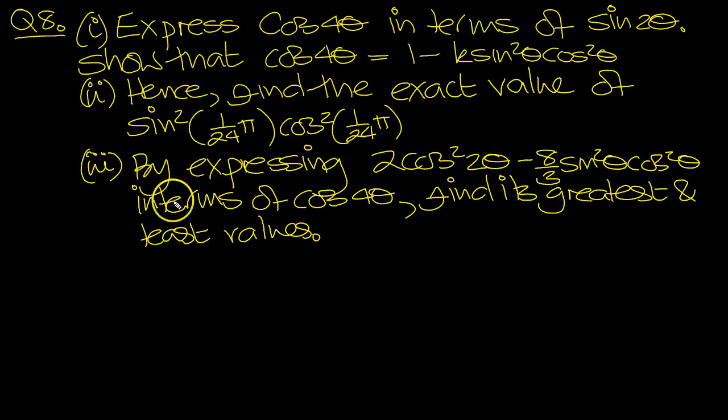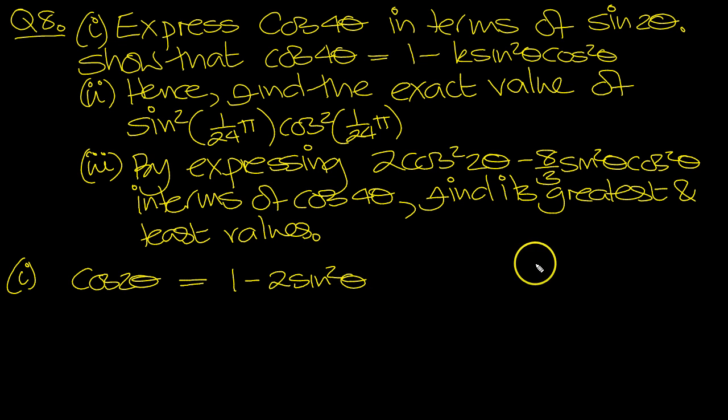So let's have a look at the solution. First of all, cos 4 theta in terms of sine 2 theta. Well, the first thing to do is to write cos 2 theta in terms of sine theta, isn't it? And it would be 1 minus 2 sine squared theta. And that can be easily obtained from the fact that cos 2 theta is equal to cosine squared theta minus sine squared theta. And then just use the trig identities to get 1 minus 2 sine squared theta if you forget. So cosine 4 theta then